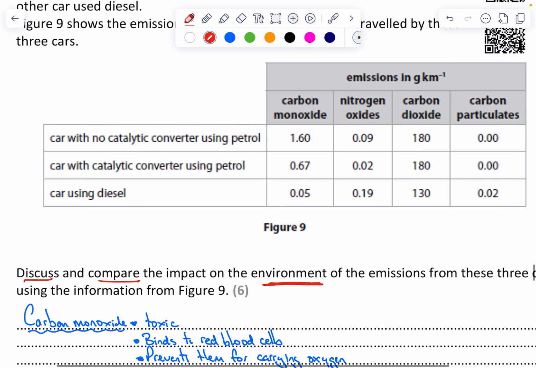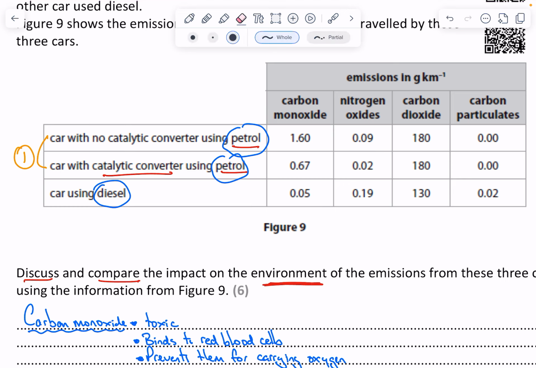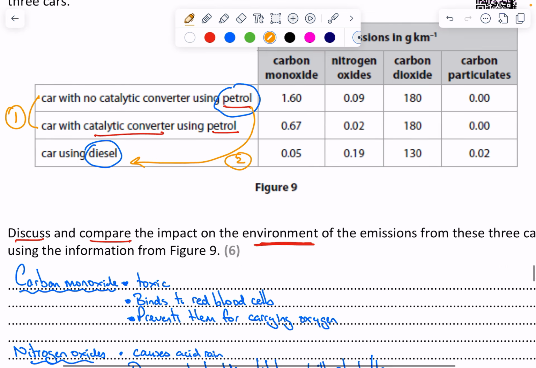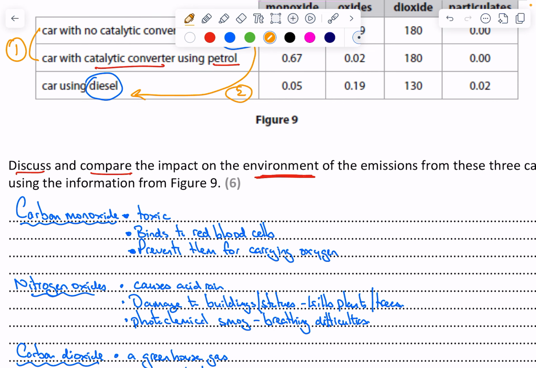Let's just look at the engines. So I've actually got 2 that are using petrol, but one of these has got a catalytic converter. So one comparison I want to make is petrol against petrol, but with a catalytic converter. And then the second thing I want to compare is how does petrol compare with diesel. So I'm actually going to compare, to make it a fair comparison, petrol with no catalytic converter against diesel. So my second comparison is petrol against diesel. So what I'm going to do is first, I'm going to explain what are the environmental